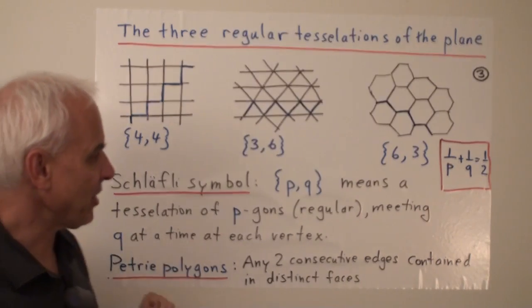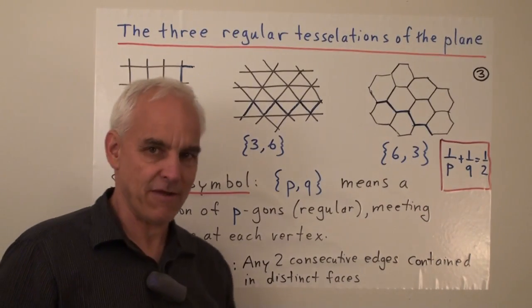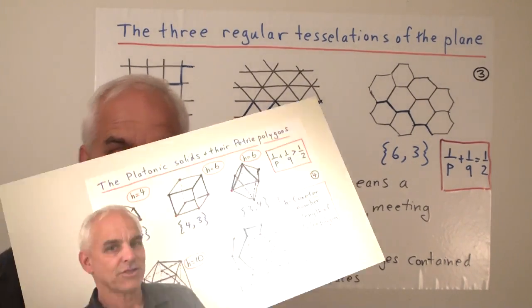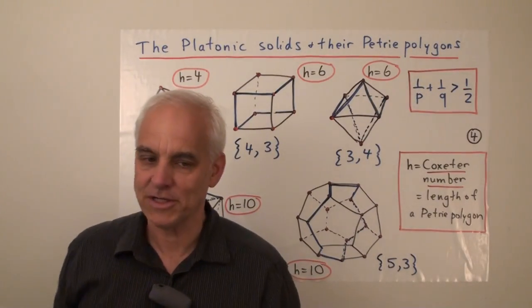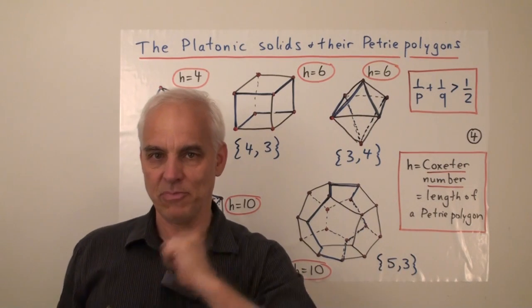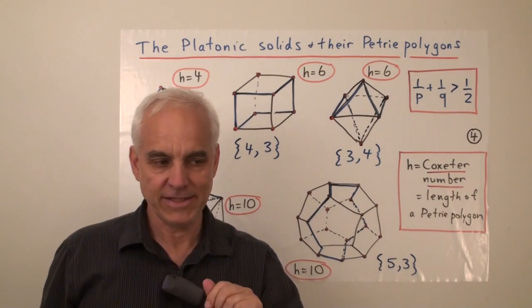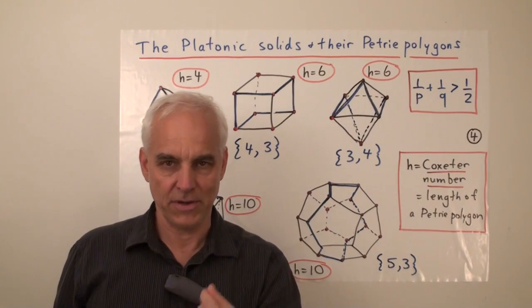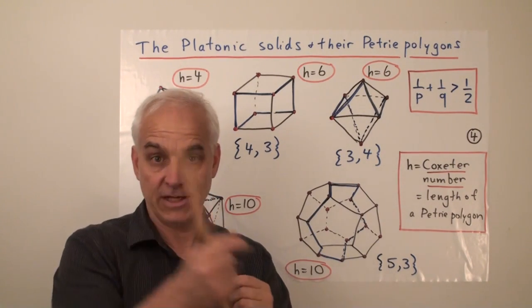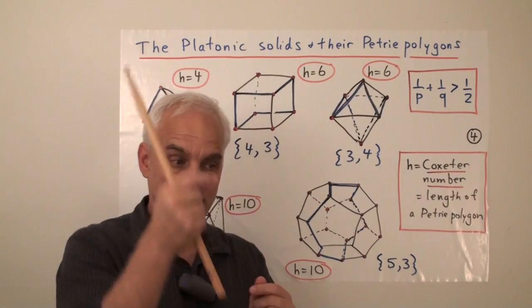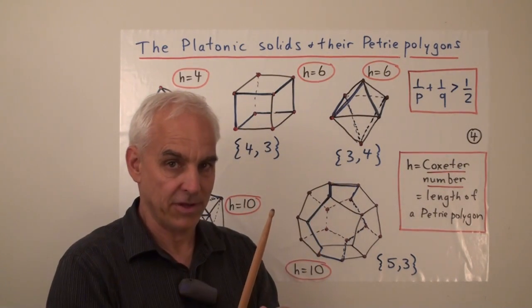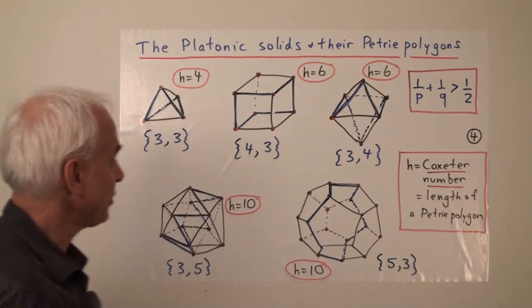And in the case of the Platonic solids, these Petrie polygons have particularly remarkable properties. For each of the 5 Platonic solids, there's a notion of a Petrie path or Petrie polygon. And pleasantly, these turn out to be nice closed paths. So they come right back to where they started without intersecting themselves. They don't cross themselves. They just have a little wander and then they end up right back where they started and keep on going. So let's have a look at them.